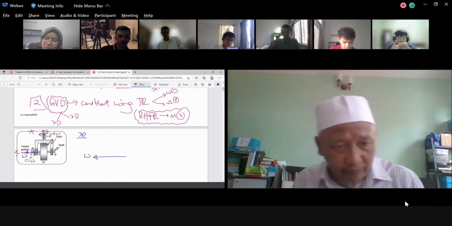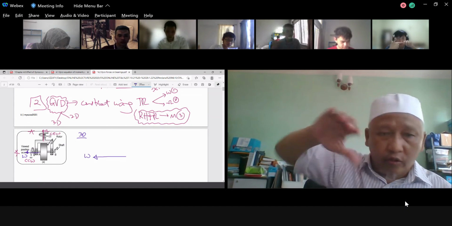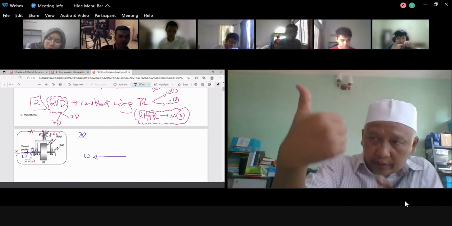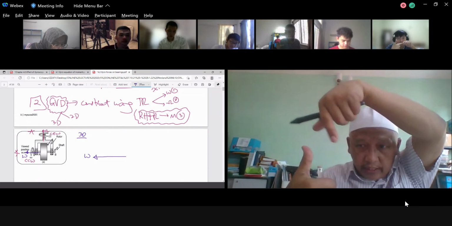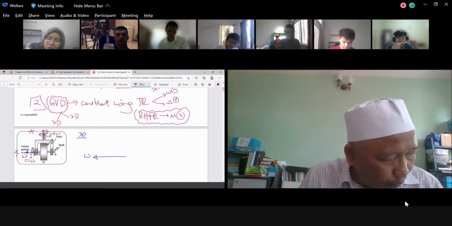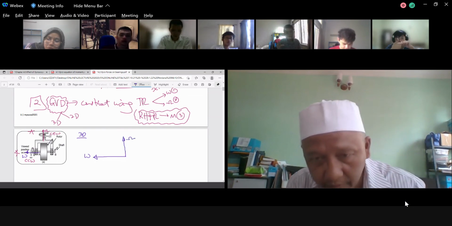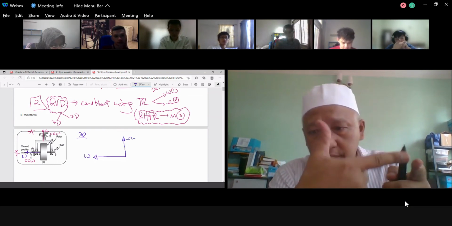Now it's correct. And then on top, also rotating counterclockwise. Look at this one: it is counterclockwise. The pointing upward is correct. It's pointing upward. Then it's correct. Then your spin.